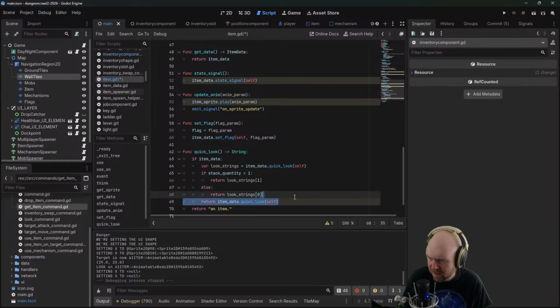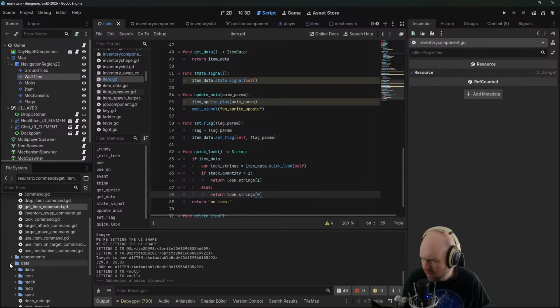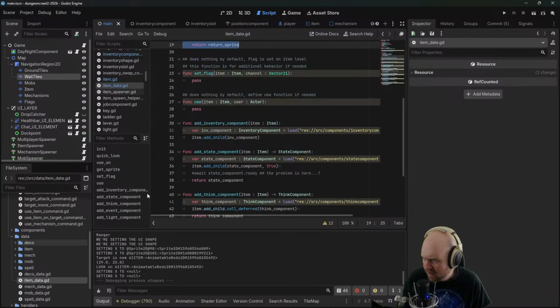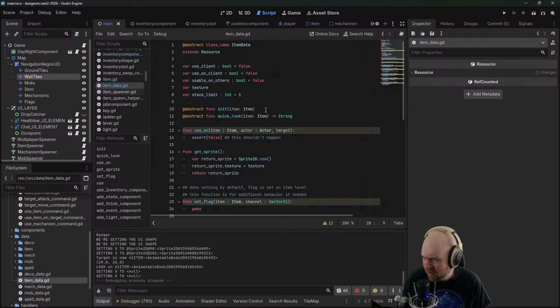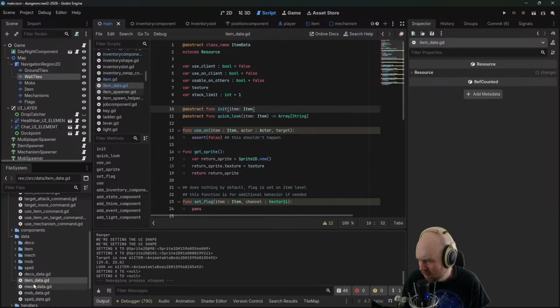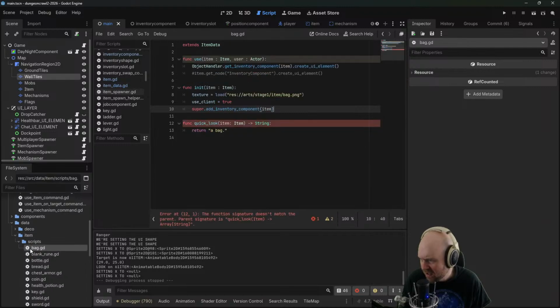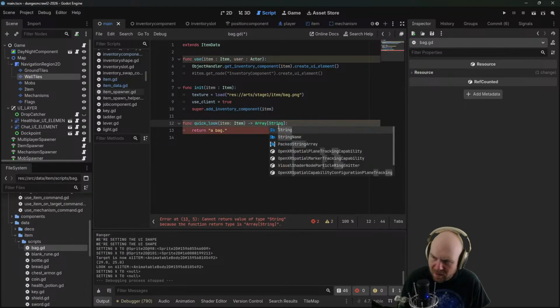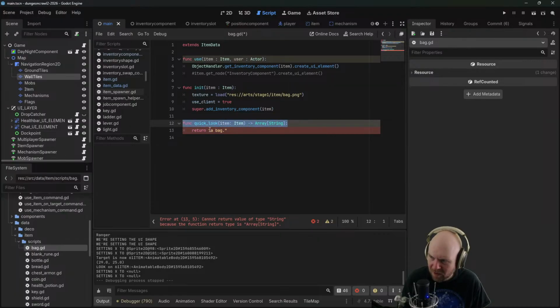Okay, that's it. And now we just have to go into our item data, make this return an array instead of a string. And then we just go into each item. And we do this, which is gross, but